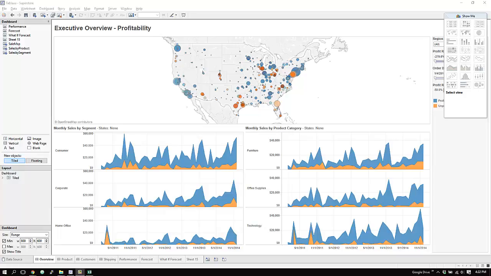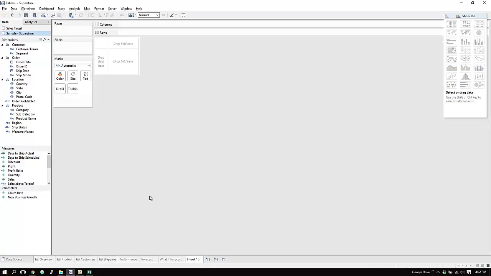One mistake that a lot of beginners make when they're starting out with Tableau is not blending data properly. I'm going to go ahead and show you exactly how to do that. So first off, we're going to create a brand new sheet, and if you look on the left hand side